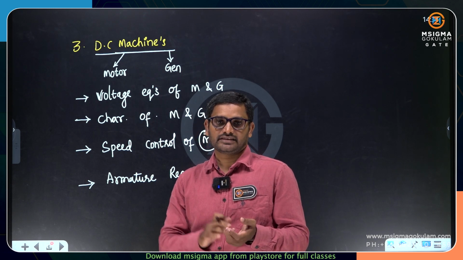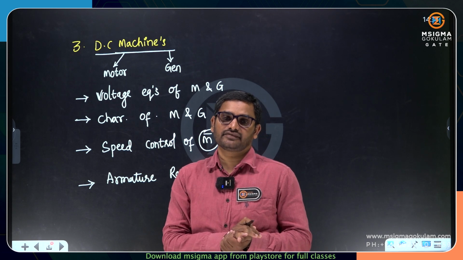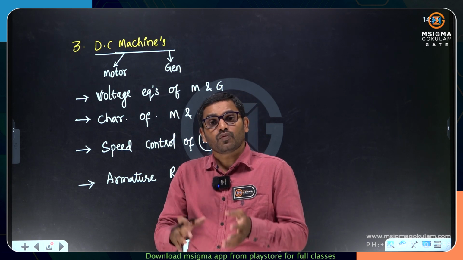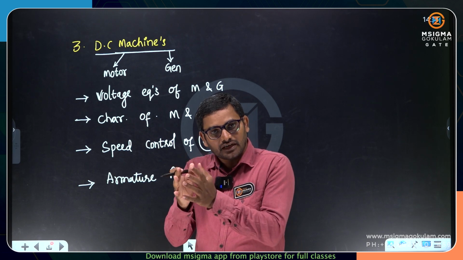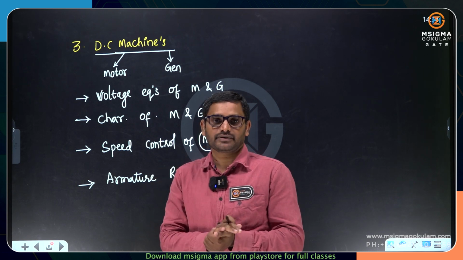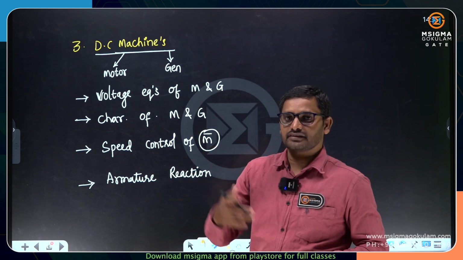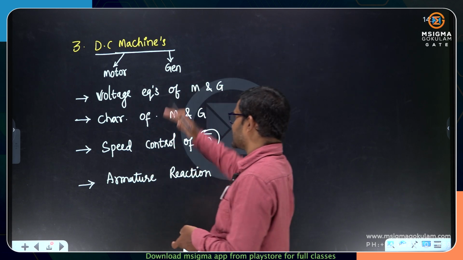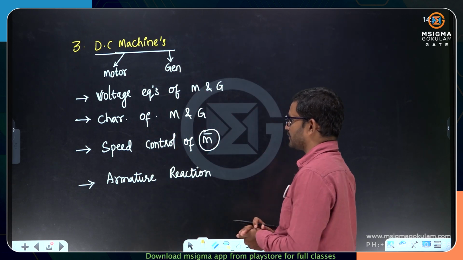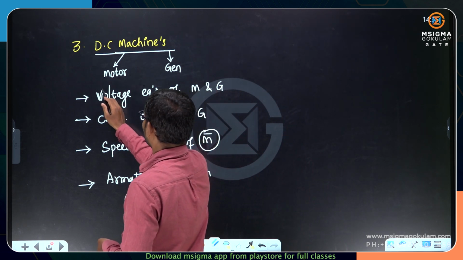It's like the demagnetizing effect of armature reaction, the cross magnetizing effect of armature reaction, and they'll ask you the number of demagnetizing ampere turns and cross magnetizing ampere turns. So these are the 3 to 4 important topics coming to